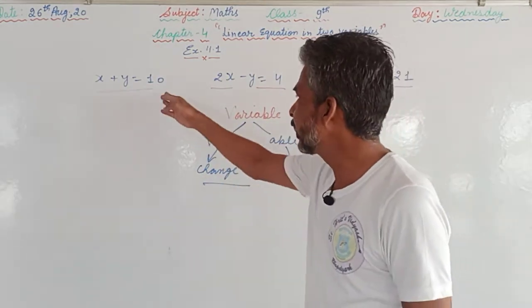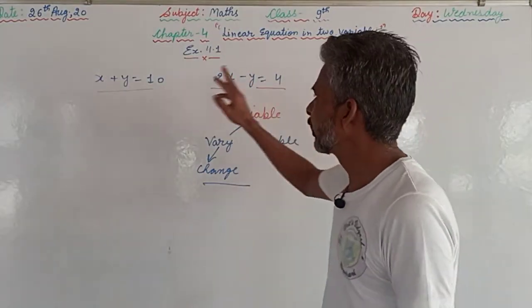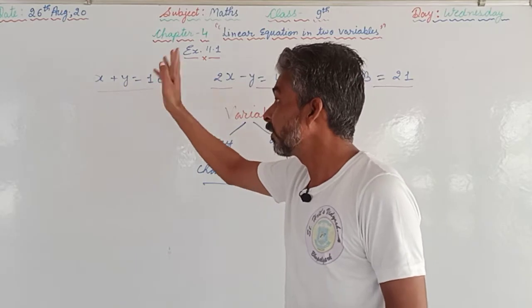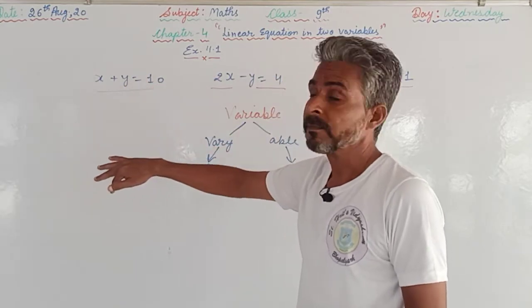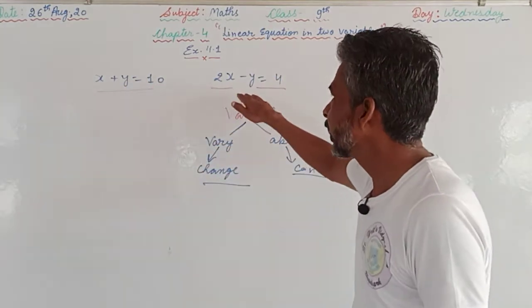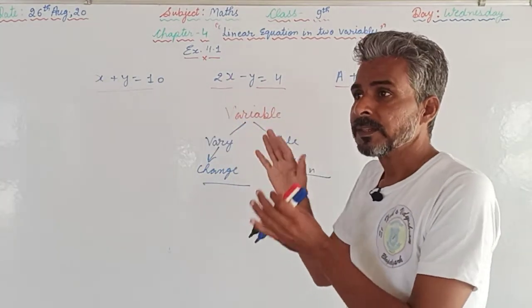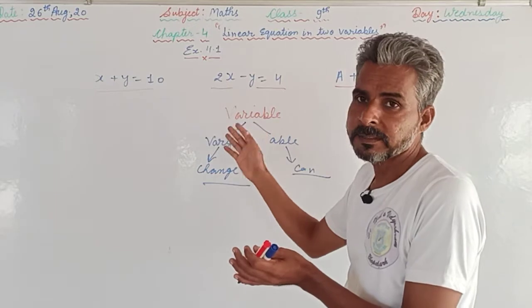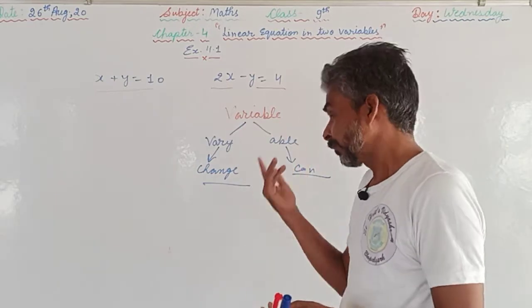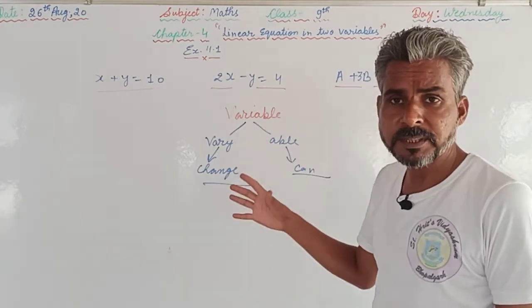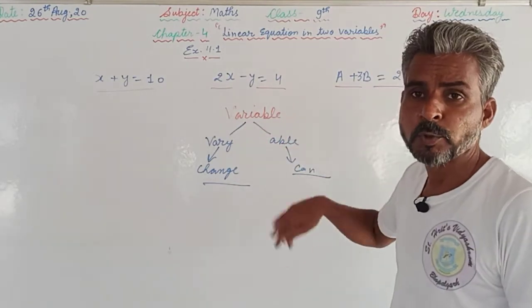Or we can see here three linear equations. In here we will get the value of x as well as the value of y. For each value of x we will get a different value of y. Here again, if we change the value of x, the value of y will also change. So if the equation is given, then we can find out. If the information is given, then we can frame the equation. Afterwards we are supposed to solve those equations.